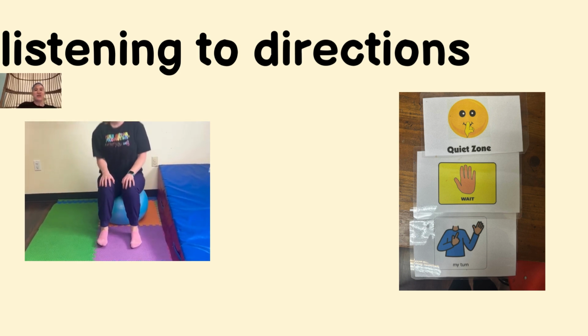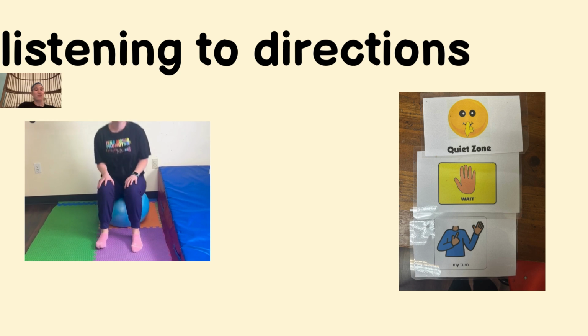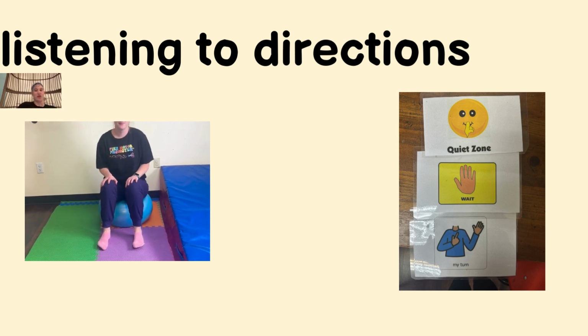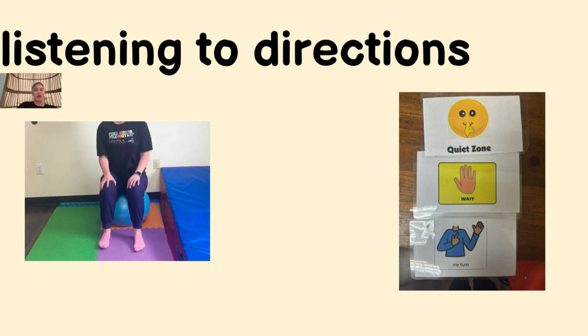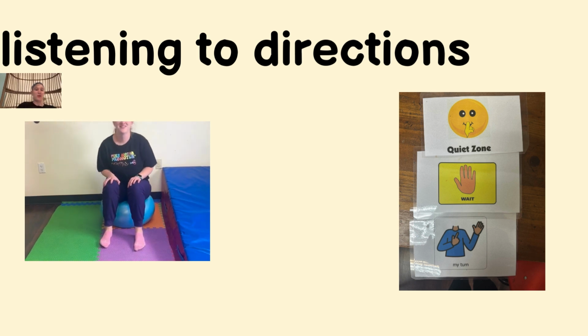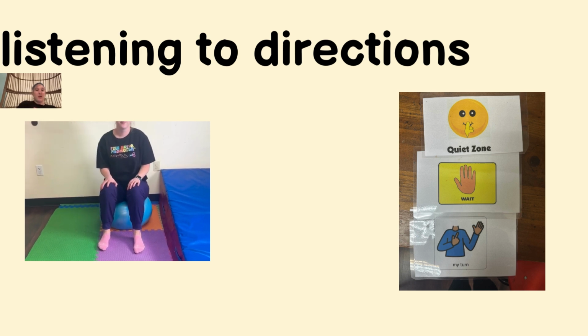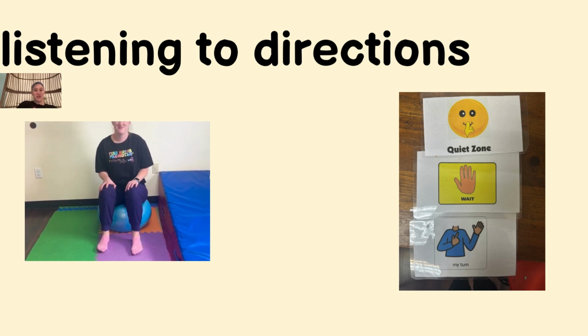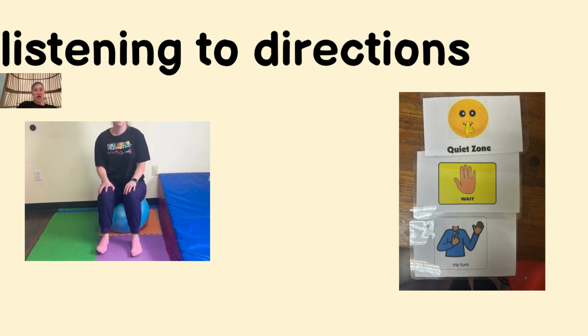The purpose of this is to provide some movement feedback for their sensory regulation and self-regulation. By jumping up and down on the ball, you're getting proprioceptive feedback that will help the child regulate. You as the parent or the teacher or whoever is doing this with the child will simply say, red light, green light, yellow light.